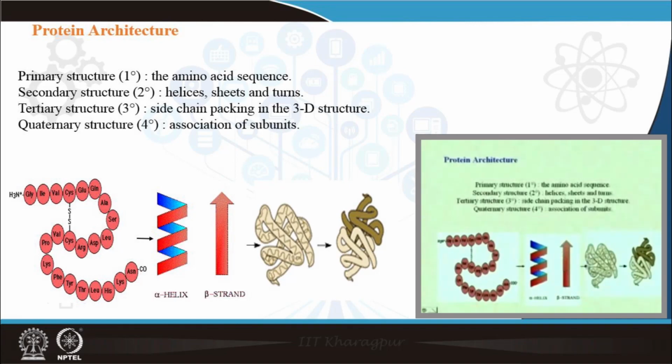Then we have the tertiary structure of the protein, and if you see this monomer subunit, it has now associated with it another subunit where you have a connection that is not a covalent bond. It's just an agglomeration or an aggregation of these two units that is forming what is called the quaternary structure